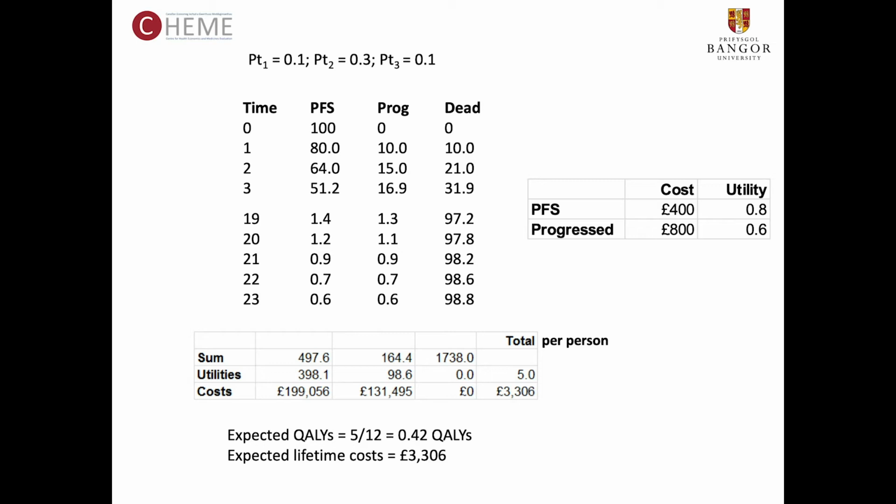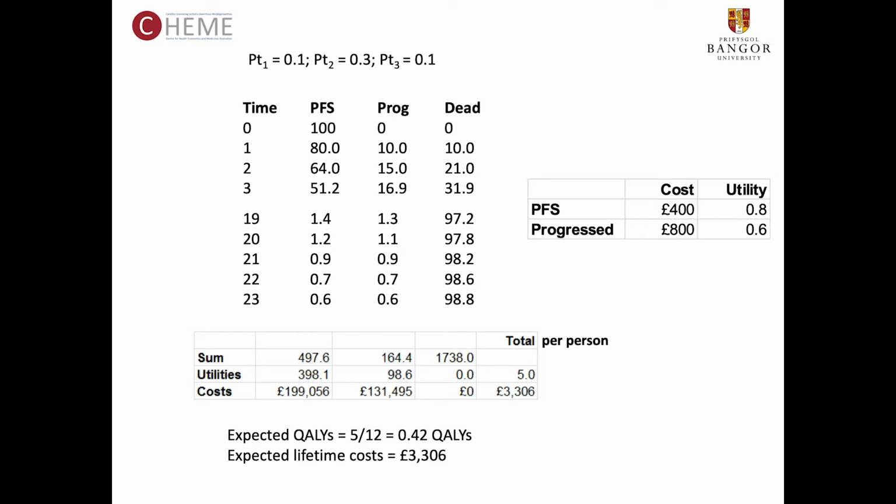I have assigned a cost. So if you are in the asymptomatic state, I've called it progression-free survival state here, it's attached with a cost of £400 per month and a quality value, a utility value of 0.8 on that scale of 0 to 1. In the more aggressive disease state, the progressed disease state, there's a higher cost in this example of £800 per cycle per month and a lower quality of life of 0.6. Okay, so they're just my made-up numbers, but they are the sort of things that you would anticipate in a